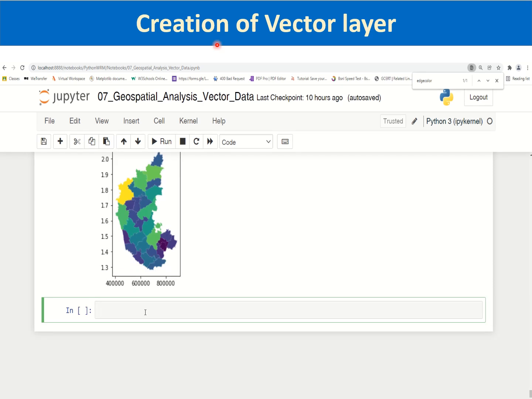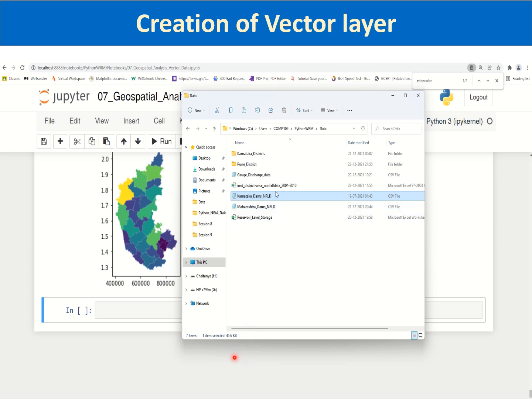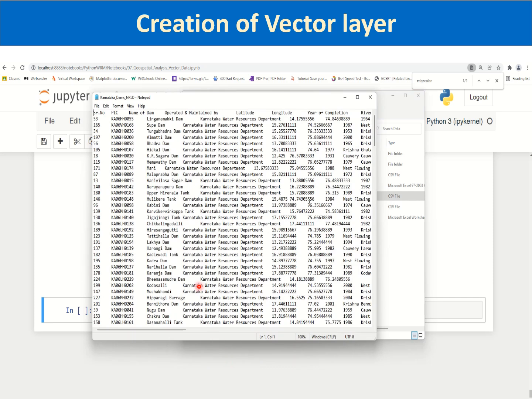So let us quickly go through another application using GeoPandas: creation of the vector layer from tabular data or from the text data. I have provided a new data file, Karnataka dams file, taken from the National Register of Large Dams, where there is information about large dams located within the state of Karnataka, along with latitude and longitude information, which will be needed for us to create geometry